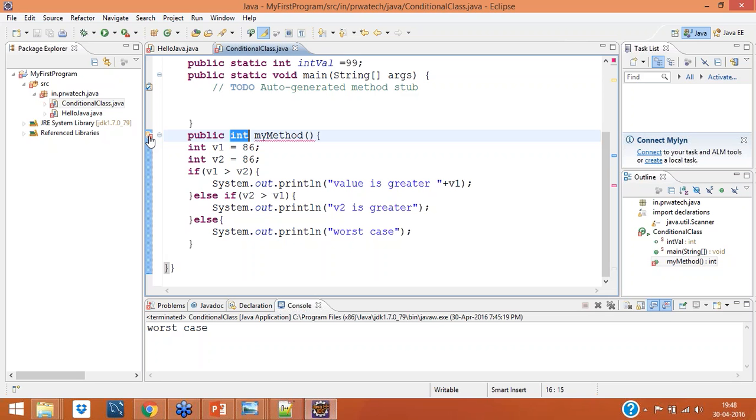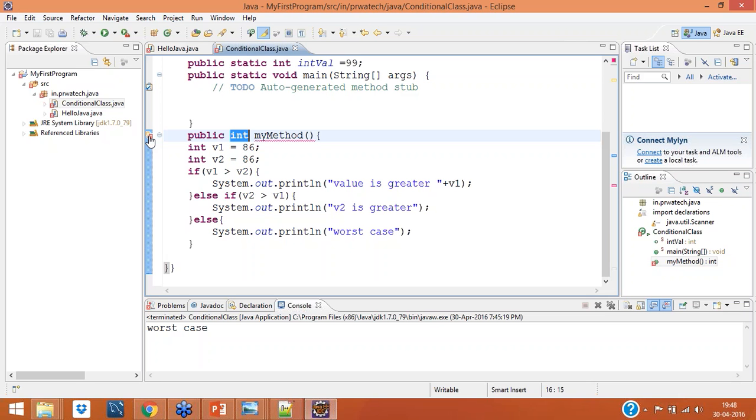See this error: you have removed my object, and I have to make the change again. See, this is my method.